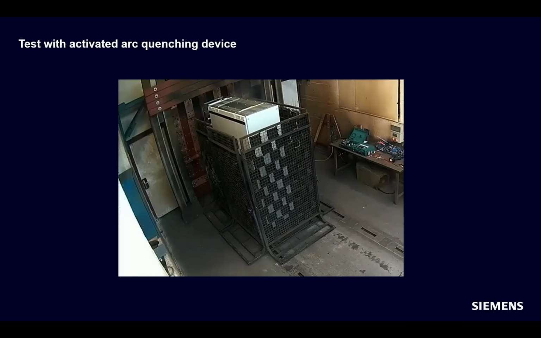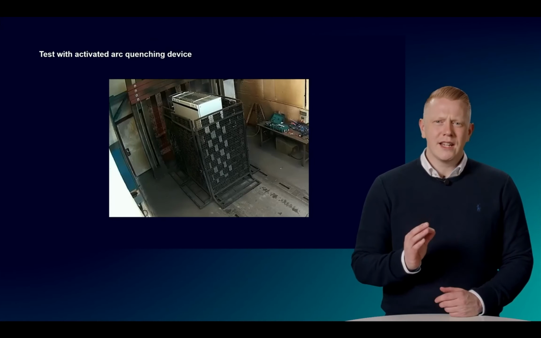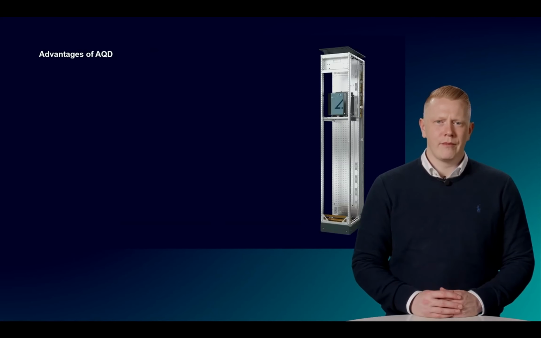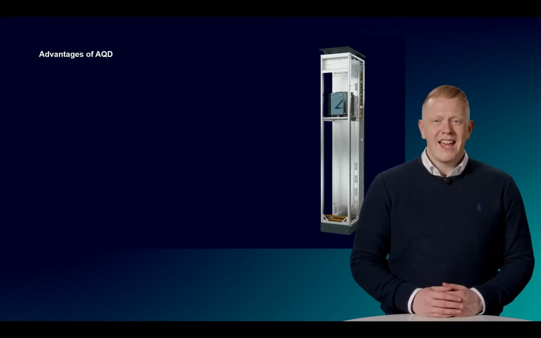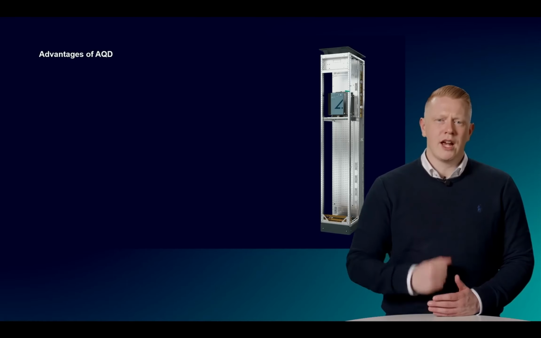And since the quenching device is a purely electromechanical principle, there's another great advantage. After tripping and, of course, eliminating the cause of the malfunction, the system can be easily reset and is ready for use again within a few minutes. This means that no components need to be exchanged or replaced. A simple reset is all it takes to restore the system arc fault protection. In addition, a test function is possible with the system, which can be used up to 100 times.